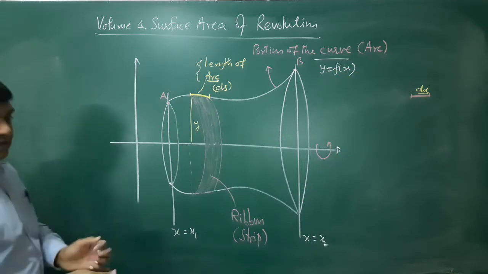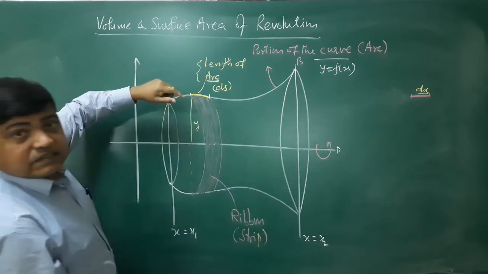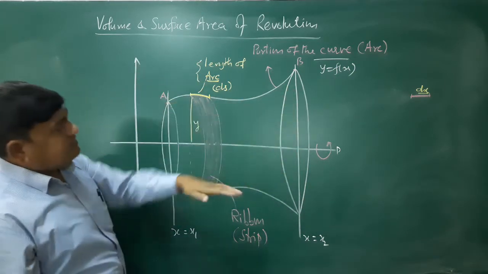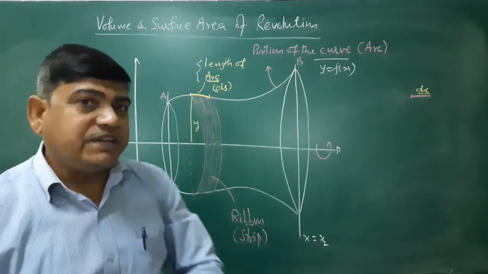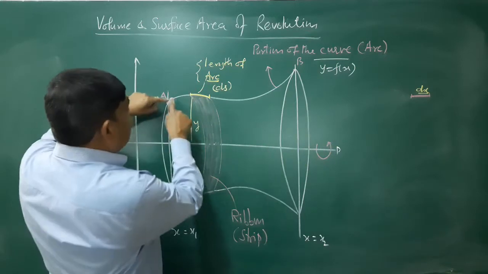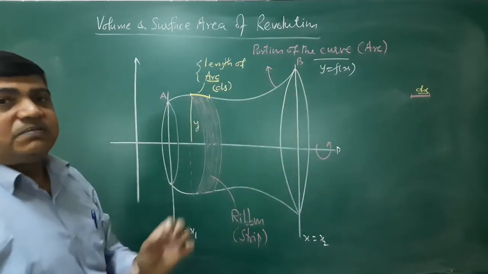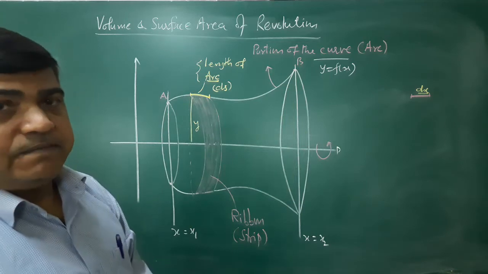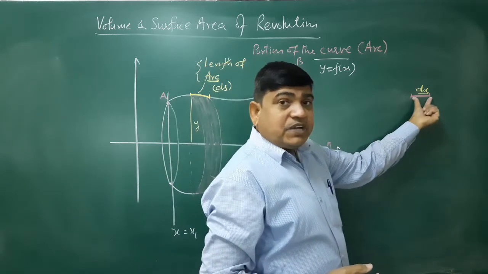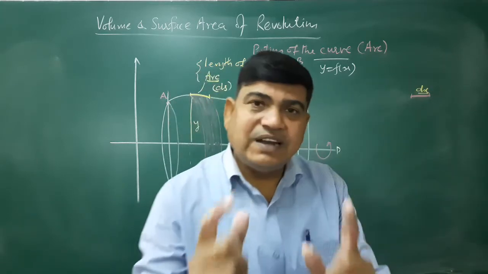So when this arc rotates about this line x axis, then this solid is obtained. इस ठोस की प्राप्ति होती है जब ये आर्क इसके चारों तरफ मतलब 360 डिग्री पर मूव करता है। ध्यान रखना है, यदि ये लाइन सेगमेंट जो है एक्स एक्सिस के पैरेलल है, जब ये मूव करेगा तो सिलेंडर बनेगा।